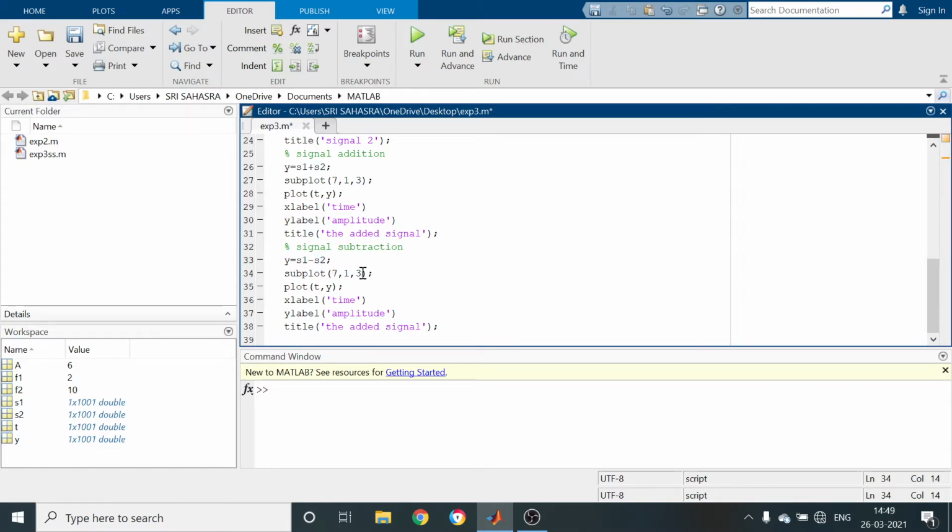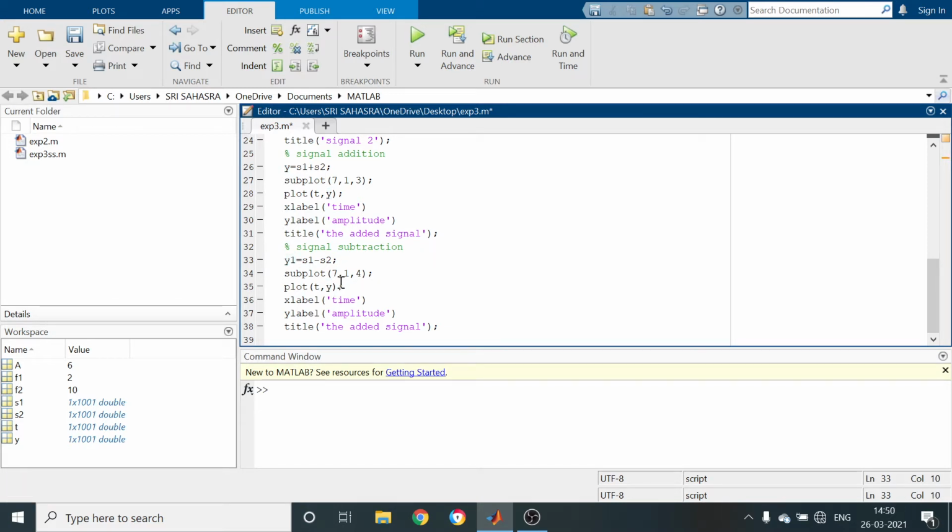In order to get this plot, we use the subplot command. So 7, 1, 4, where we are going to get the subtracted signal in the fourth position in a 7 rows 1 column matrix. Here for T, I am going to use another letter for the subtracted signal.